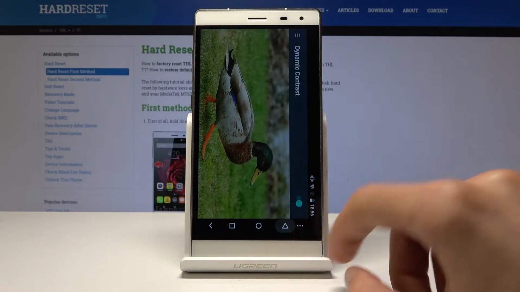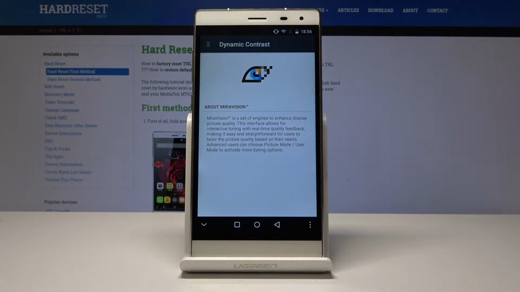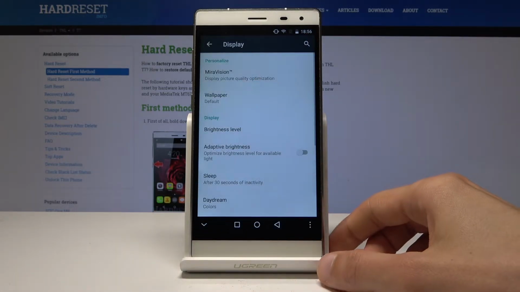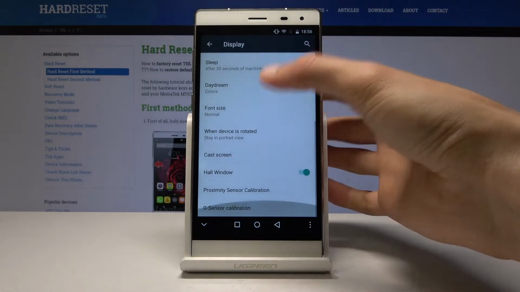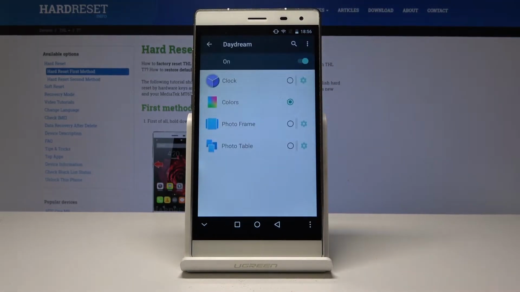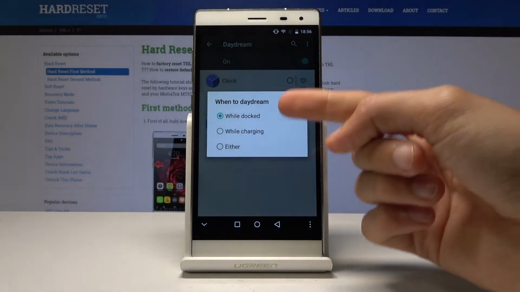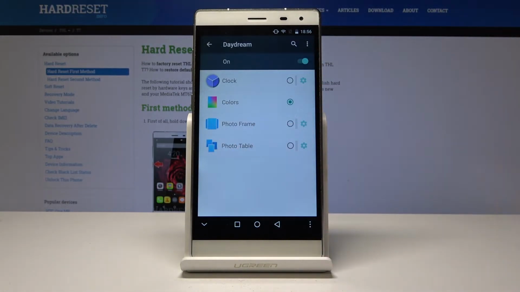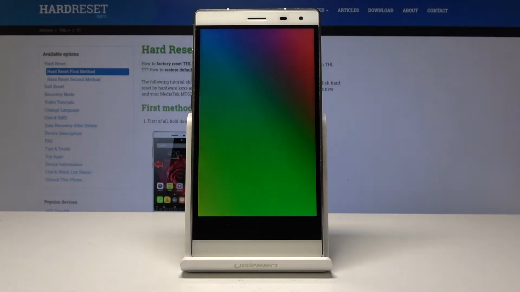So yeah, now moving on, we're gonna go into the other thing, which is Daydream. What it does is, whenever you have the phone docked or plugged in, and it's also under the display, so where is it? Right here. When you tap on the three dots, then go to Daydream, you can have while docked, while charging, or you can choose both of them. What it will do is, as an example, you can start it now without plugging it in. Right now it displays colors of rainbow,